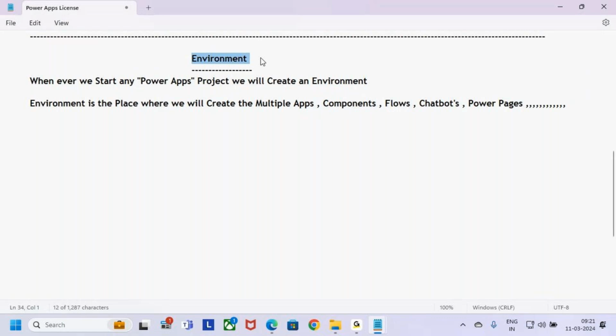Why do we need to create within the environments? If you create the apps, app components, and flows within the environment, it is easy to manage and share the apps with the users. So it is easy for us to manage the apps, and also easy for us to share the apps with the users. And next point, it is easy